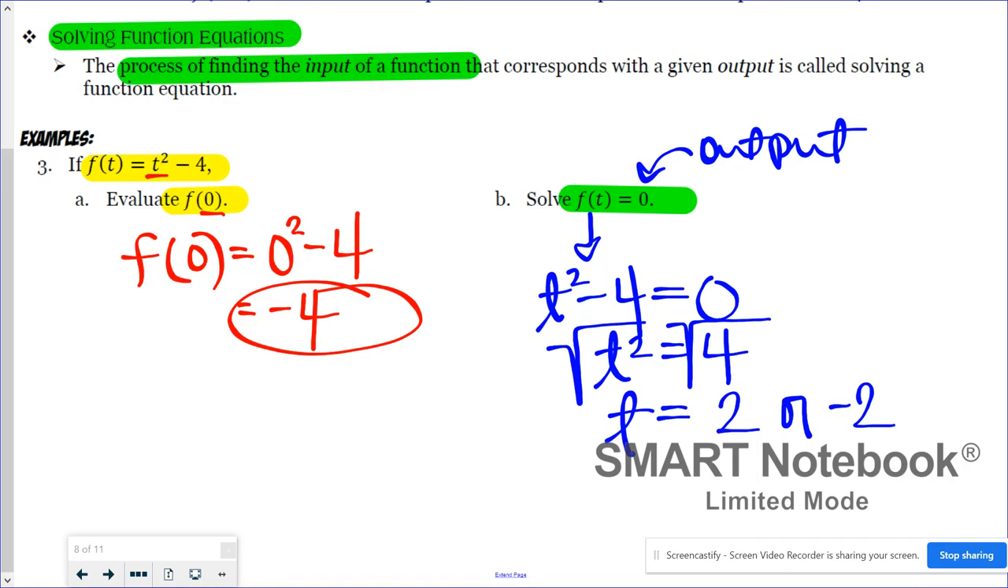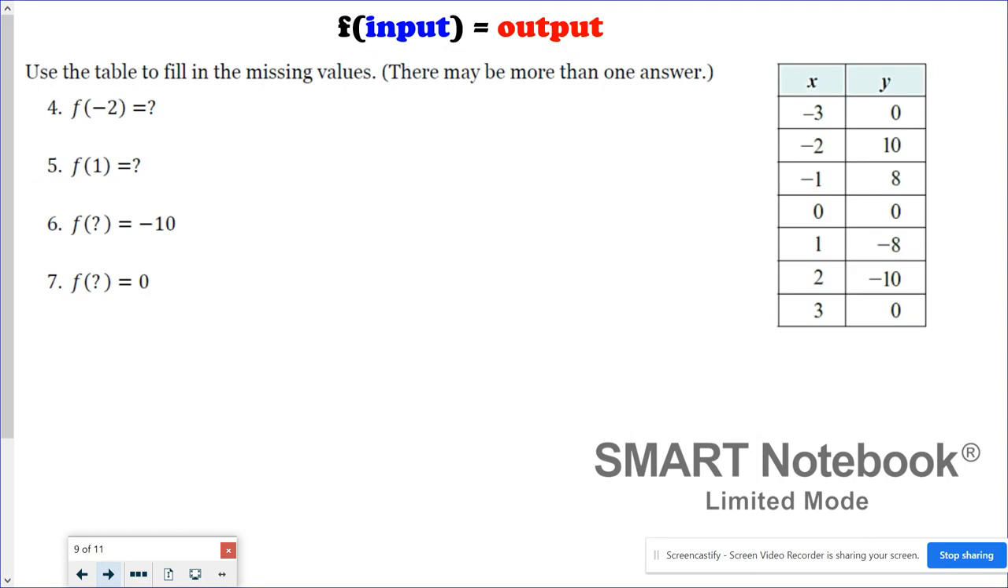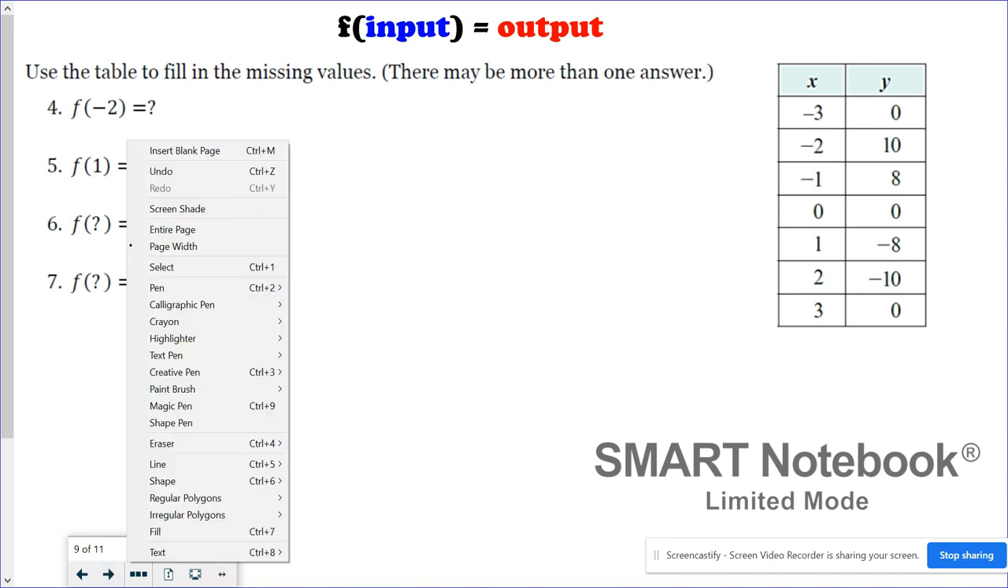Okay, and that brings up an interesting point. Notice that when I evaluated the function, I only got at most one answer. I wasn't going to get more than one because then it wouldn't be a function. But when I solved the equation, this particular equation had two solutions. So when you solve a function equation, it is possible to get more than one solution. It's also possible to not get a solution at all. And that's what we're going to see when we look at tables. So whenever I evaluate a function, I should only get at most one answer. It's possible that I don't get an answer at all when I'm evaluating, but I definitely shouldn't get more